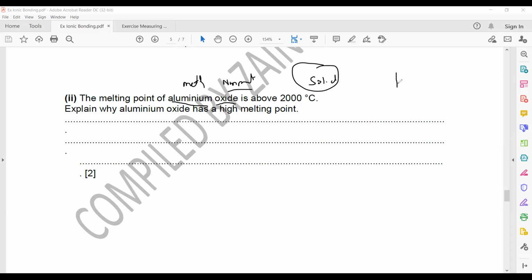So in aluminum oxide you have a lattice of positive and negative ions. So the question is, why does aluminum oxide have a high melting point? Again, the same reason as in the previous question: there is a strong ionic bond,